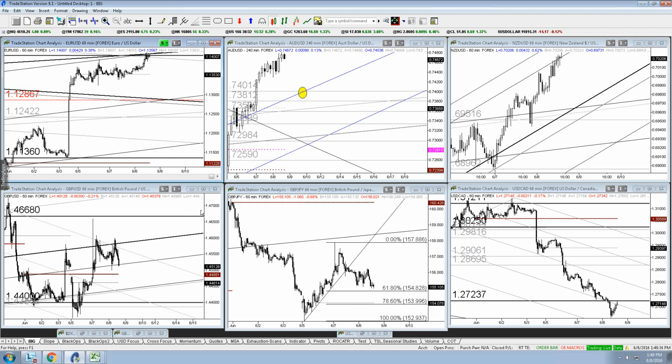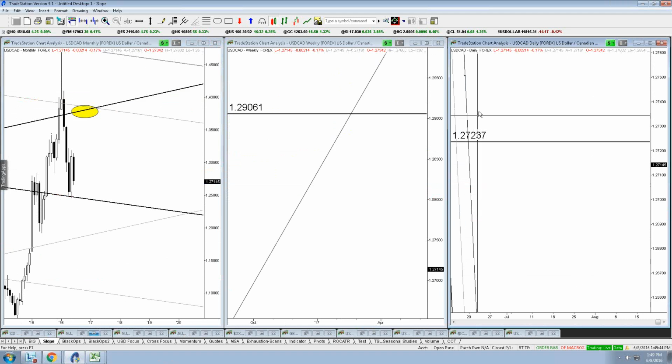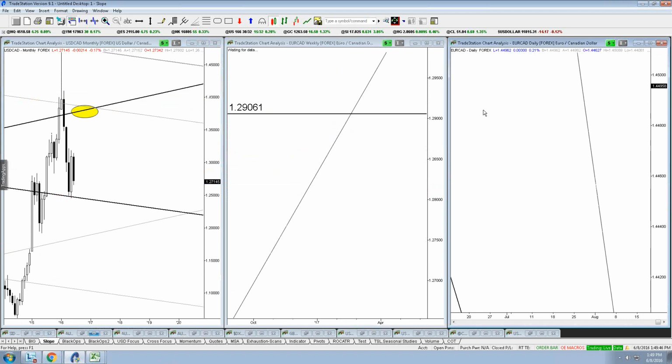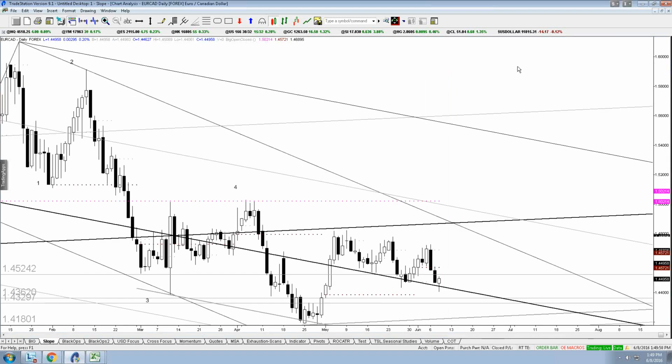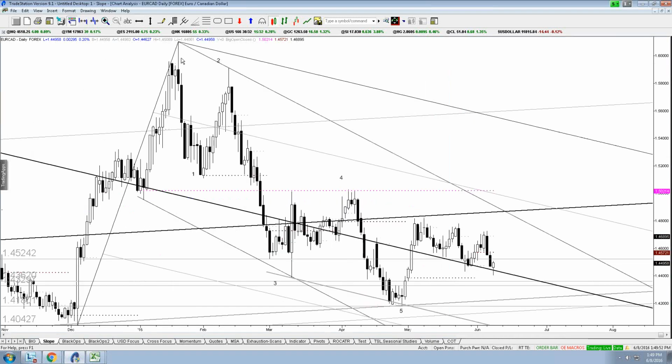All right, what about crosses? There's some interesting crosses going on. Euro CAD, Euro Kiwi, obviously we've looked at both of those. Euro CAD actually, so with dollar CAD and Euro dollar, I like them both kind of on the long side. Check this out. You've got this five waves down, right? On Euro CAD, 1, 2, 3, 4, 5. A, B. Can I get a C wave? Back up to 150, right?